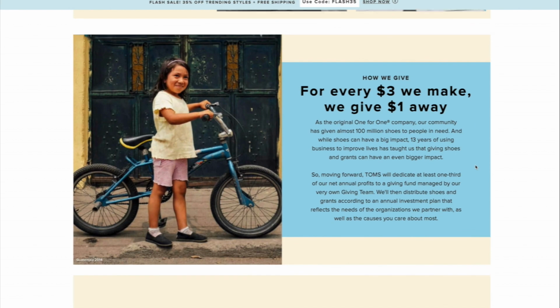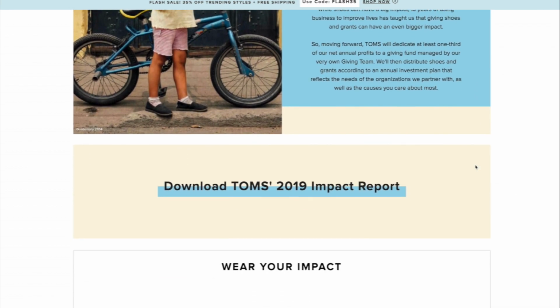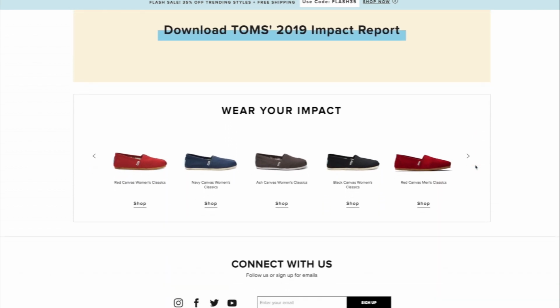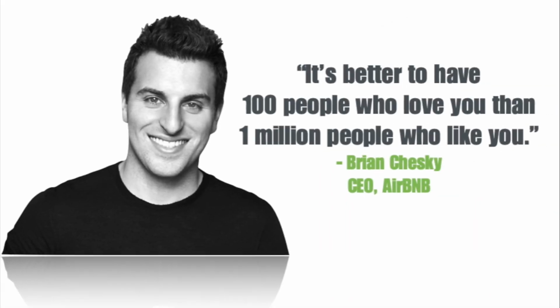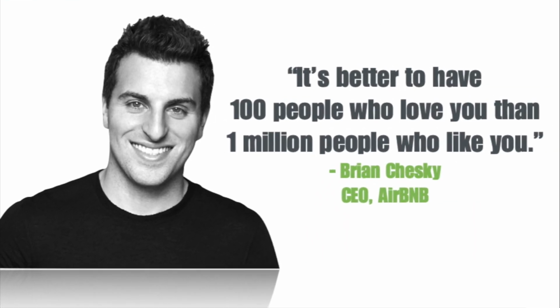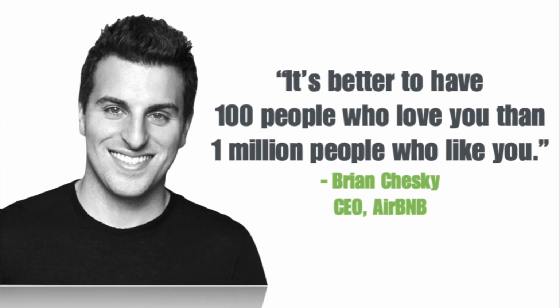They didn't buy the shoes because they were better. Most people thought they were just regular shoes. They weren't more comfortable. They weren't faster, stronger, better. They were operating from a core principle that you can have good shoes, they're quality, right? But you can do great things in the community. We can help solve problems. And people will stay with you as long as they believe in that mission and that the company is true